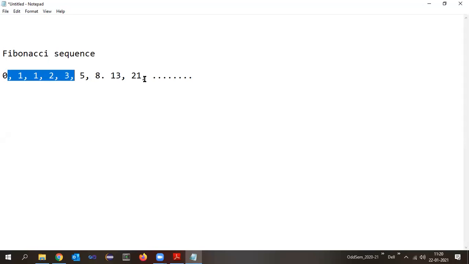This type of sequence is called the Fibonacci sequence. Remember now, Fibonacci sequence means the first number is 0, the second number is 1, and the next numbers, the consecutive numbers, are obtained by adding the previous two numbers. Okay, now